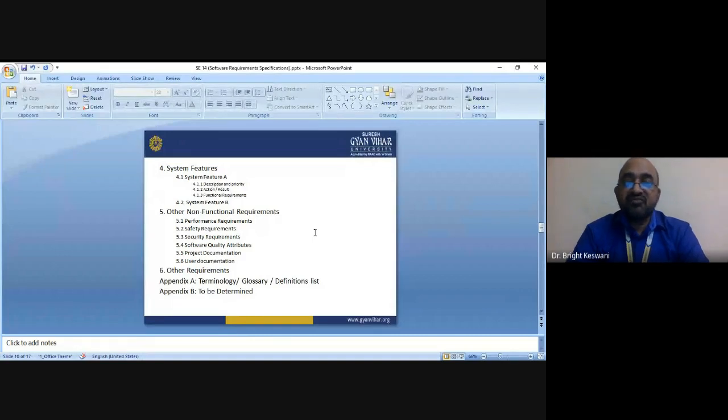Then the system feature B means, again you have to write the description and priorities of system feature B, action and proposed action and results, and functional requirements of the system feature B. Then you have to mention in the last section the other non-functional requirements, like performance requirements